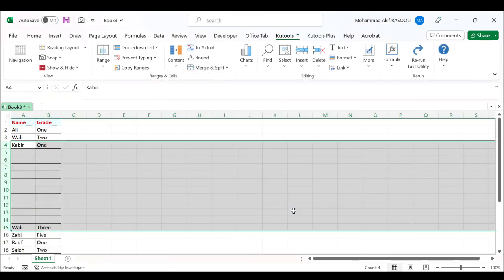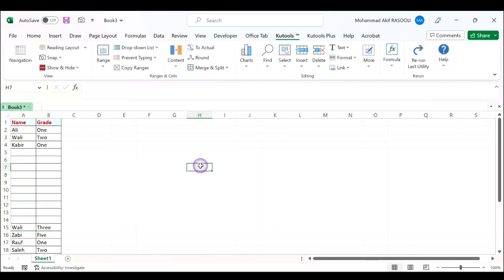And as you can see, 10 blank rows are inserted between row 4 and row 5 in the blink of an eye. And if you want to insert 10 blank columns,